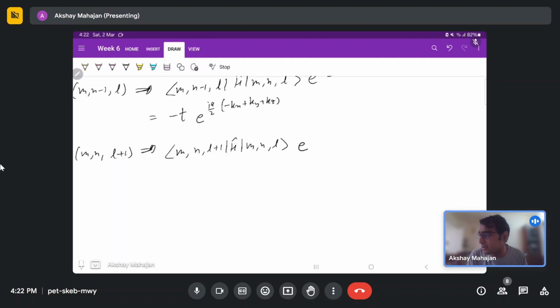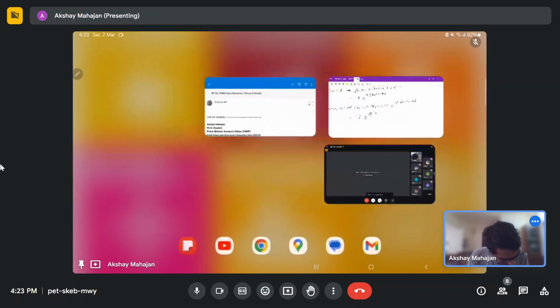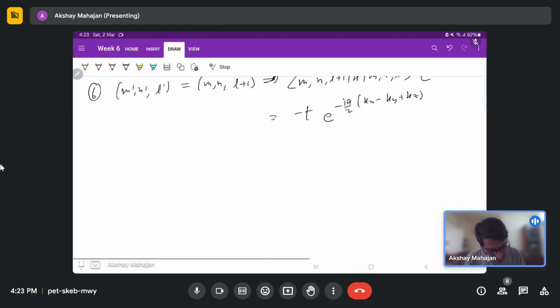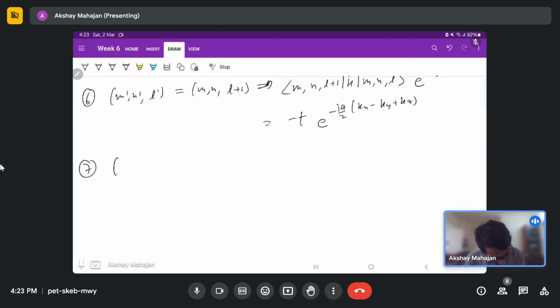e to the power minus iota a by 2, it will be kx minus ky plus kz. So it will be minus t e to the power minus iota a by 2 (kx minus ky plus kz). Alright, and similarly now we will have the seventh term, m prime, n prime and l prime,